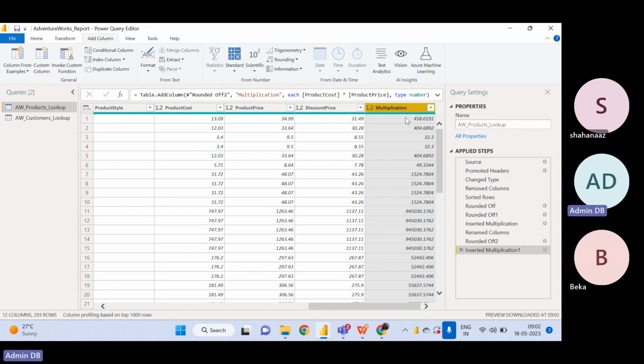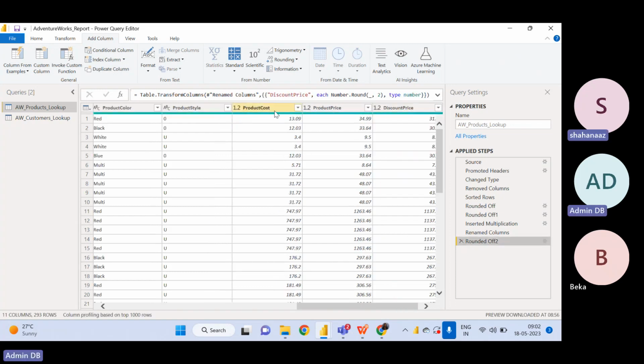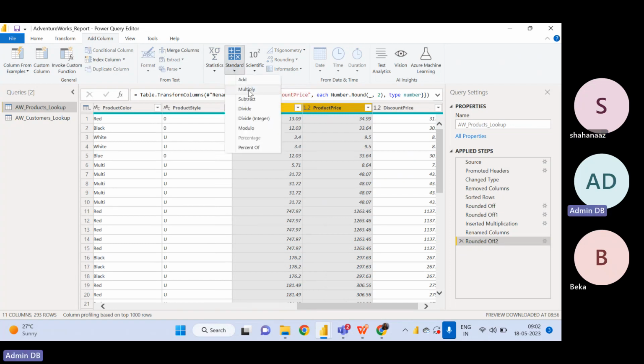So what happened just now? What I did, I selected product cost and product price. And then you go to Standard, click on Multiply. Since I have already selected two columns, it is multiplying the values from both the columns and creating a new column with